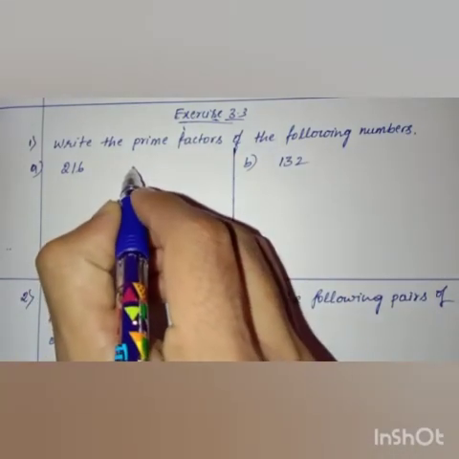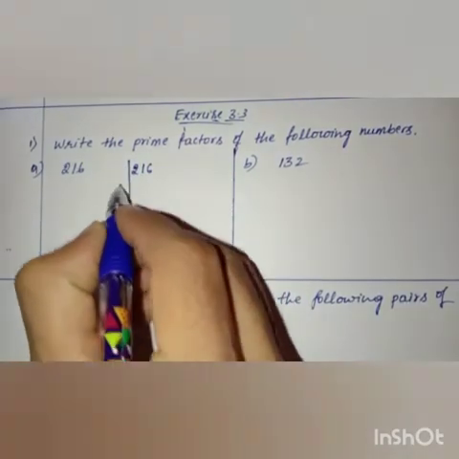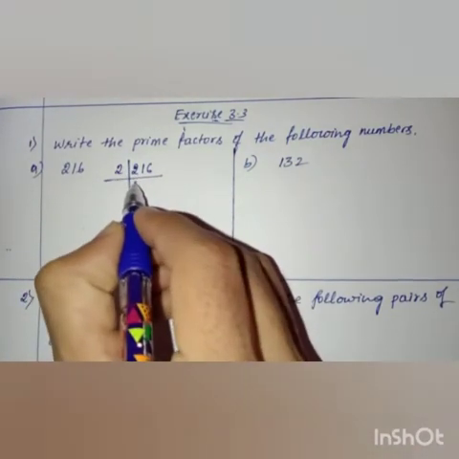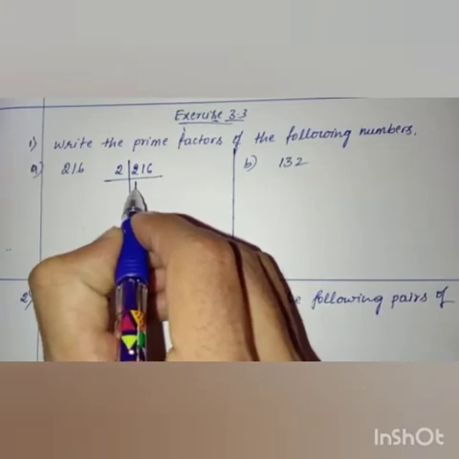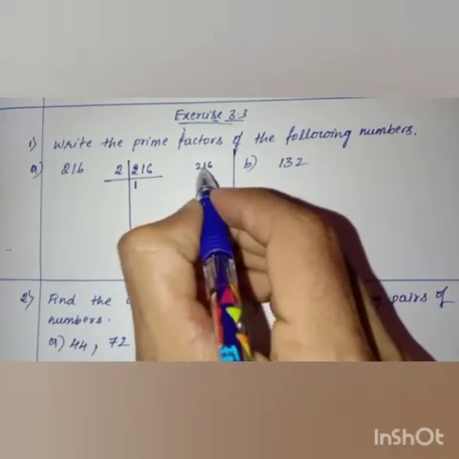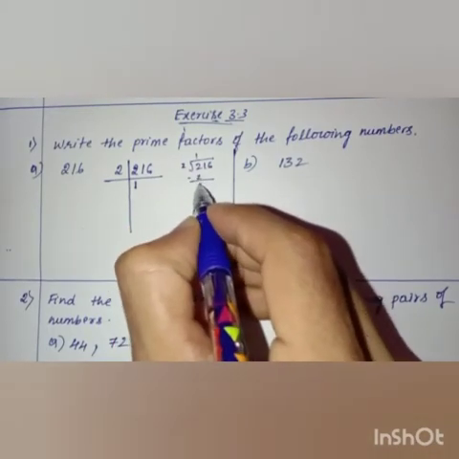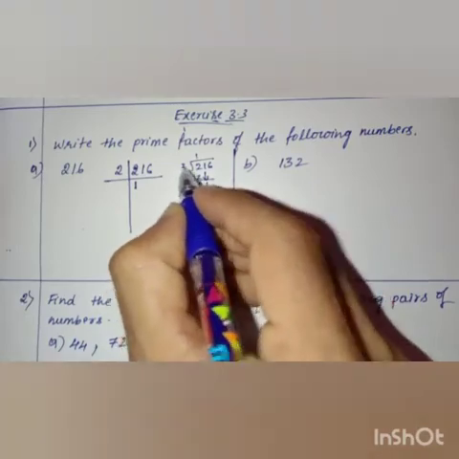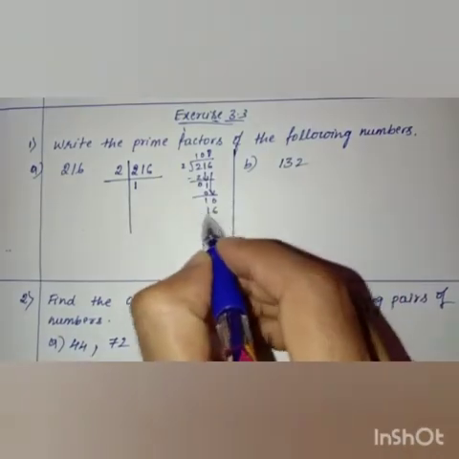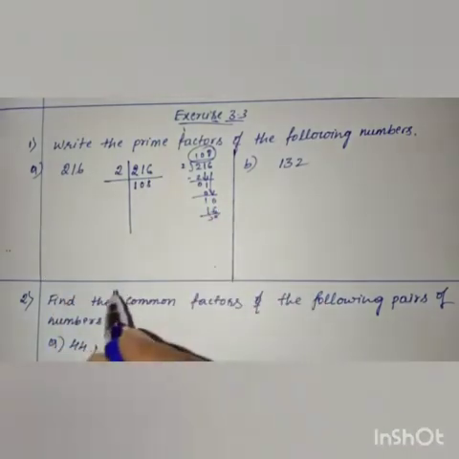Let us find out the prime factors of 216. Now, this is divisible by 2, right? Let us divide. 2 ones are 2, right? Now 16 is there, so let us divide here. If you are not able to divide directly, you can divide like this. 2 ones are 2, 2 minus 2 is 0. Now take 1, it is not divisible, right? 2 zeros are 0. Now take 6 down, 2 eights are 16. So 108 we get. So 2 into 108 is 216.